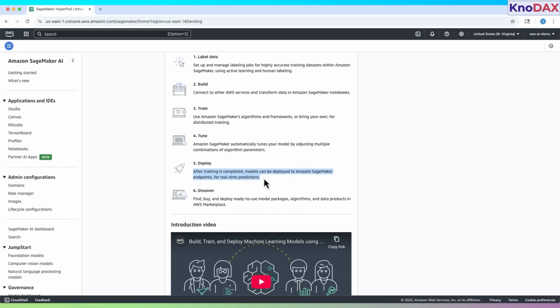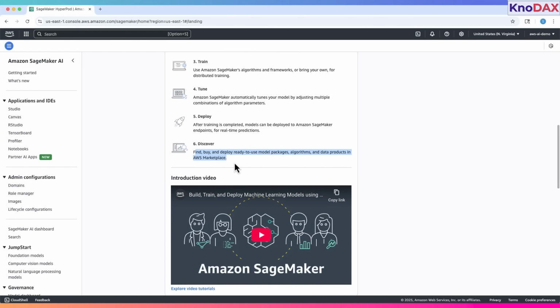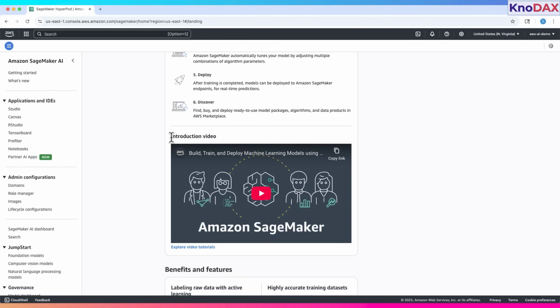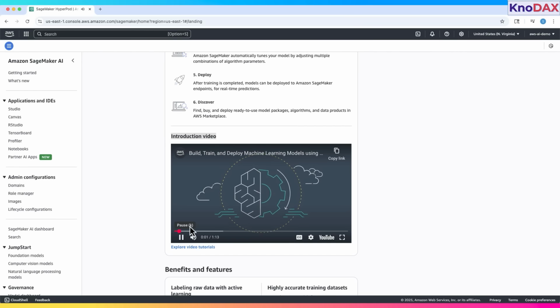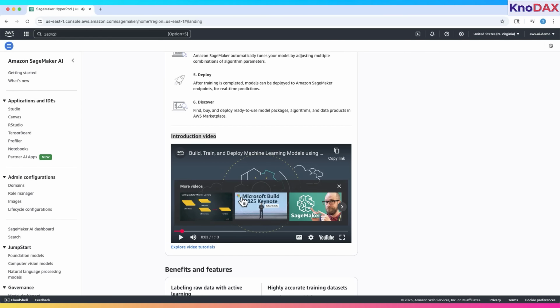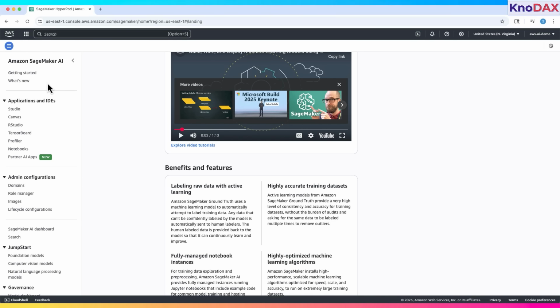Deploy your model to a fully managed endpoint. And finally, monitor and retrain your model as needed for continuous improvement. New to SageMaker? Scroll down to watch the introductory video that walks you through SageMaker's full lifecycle, from development to deployment. Let's explore the left-hand menu, where each section is designed to help you build, train, and deploy machine learning